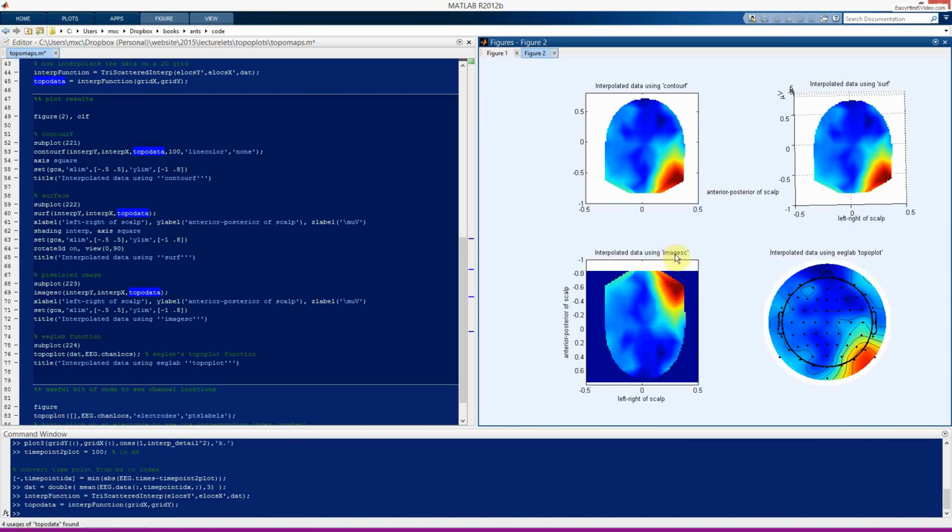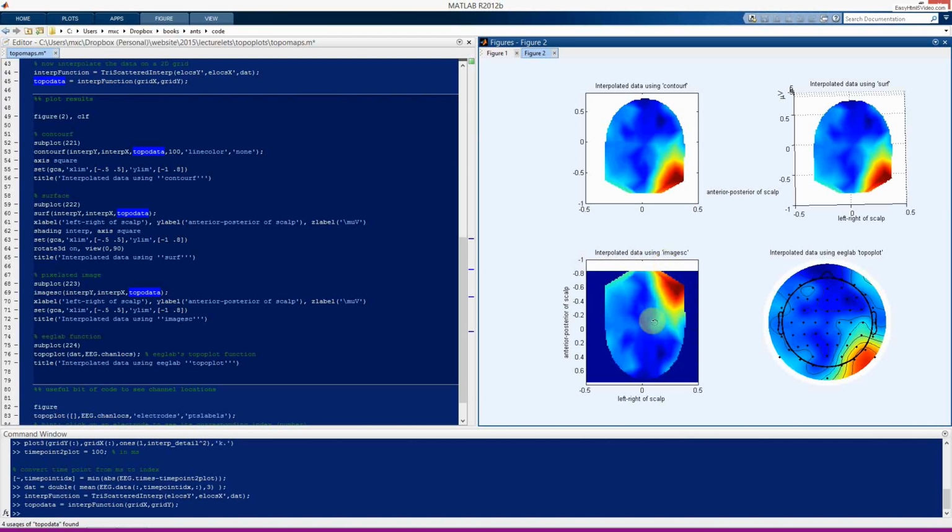Here I'm plotting the image using the function image or imagesc, which means it just does some color scaling. You can see two differences between image and contour. The first is that the image function appears to be a bit more pixelated, whereas the contour appears to be a bit smoother. And the second and more important difference is that the direction of the y-axis is flipped. So here this red feature is on the bottom, and here it's on the top. You can see when you look at the y-axis that it really is the same data. This is just flipped. Image by default shows in